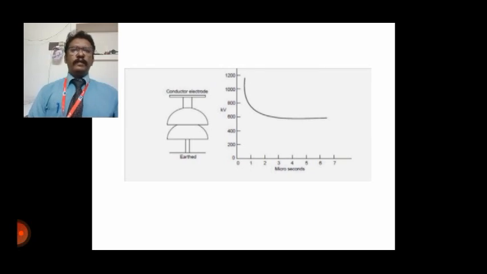Next, the time to flashover for a positive polarity is lower than that for the negative polarity, which normally happens in the arresters. Also, it is found that flashover voltage depends to some extent on the length of the lower order. For low values of this length, there is a reasonable difference between the positive and negative flashover voltages. Usually, a length of 1.5 to 2 times the gap spacing is enough to reduce the difference to a reasonable amount. The gap setting is normally chosen in such a way that